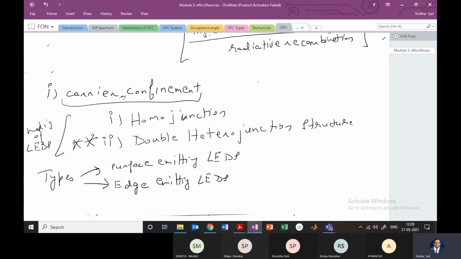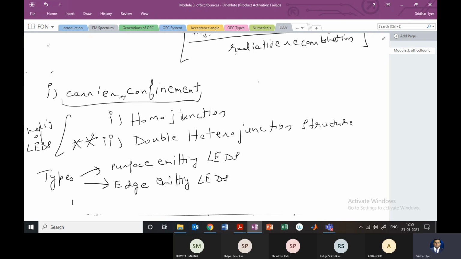So this whole idea of getting these requirements through the LED happens because of what is known as carrier confinement, where the carriers, the electrons and the holes, are confined, as the name suggests. So you have a structure such that these carriers are confined within the structure of the LED, and also in the lasers, as we'll see later on. This carrier confinement helps in getting more light out of the source, and also in case of lasers, because of the cavity, the amplification also.